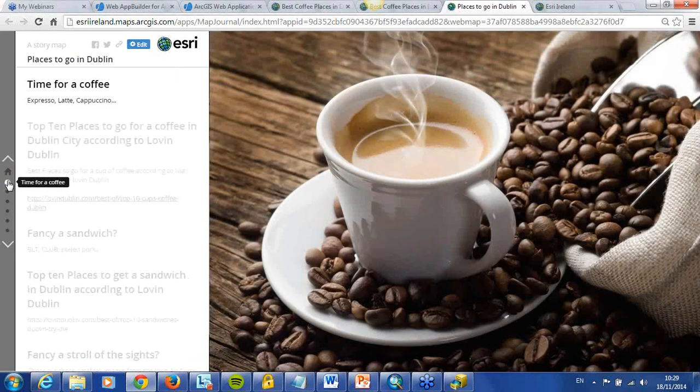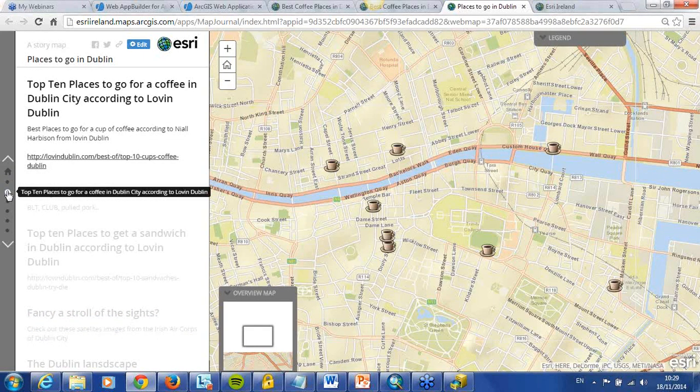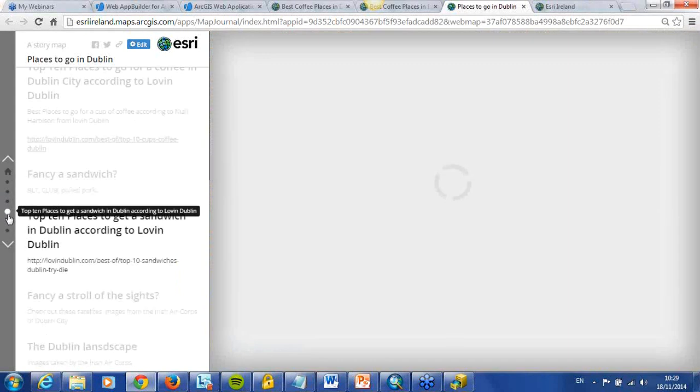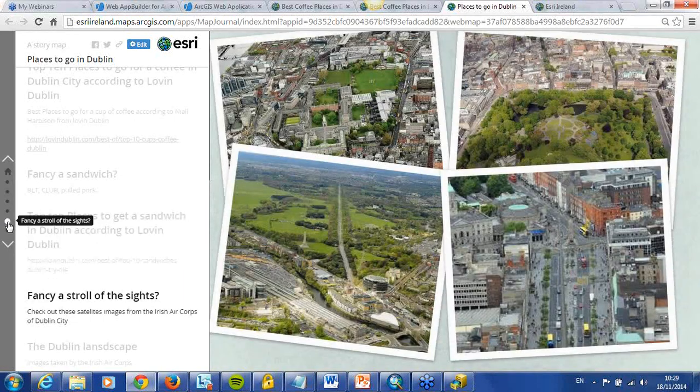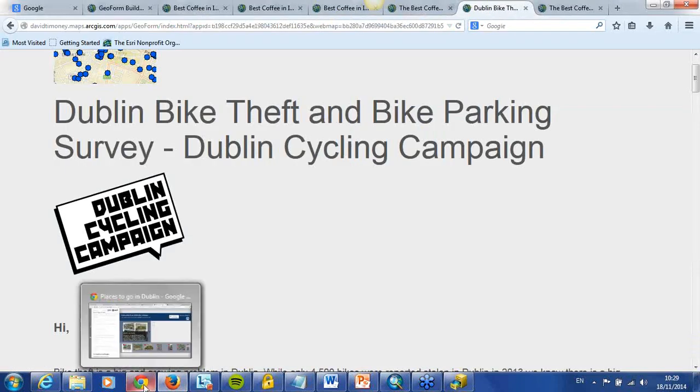And we can scroll through. So we've got images, we've got a mix of maps, images, and web applications as well, as you can see here. So I'm just going to give you a quick demo of how to put one of these together. So I'm going to go to